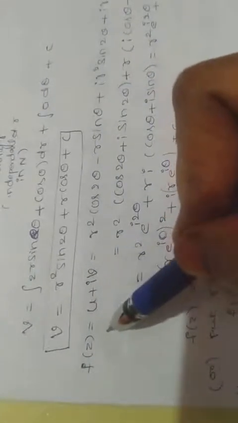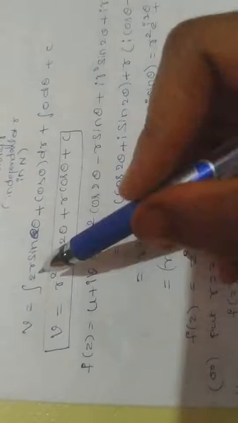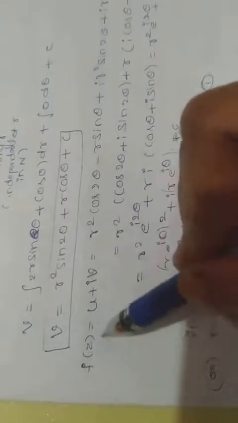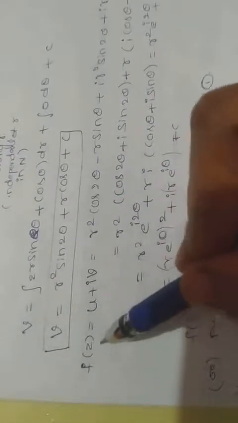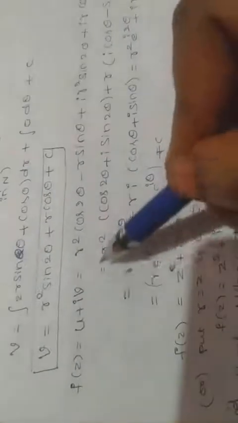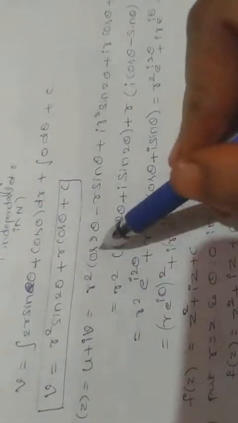Okay. Now substitute in f(z). Only the imaginary part was asked, but here I am showing how to find the analytic function also. So f(z) = u + iv. Just substitute the u part and v part and simplify. Take r² as one common term on one side, and r common on the other, then write the remaining terms.